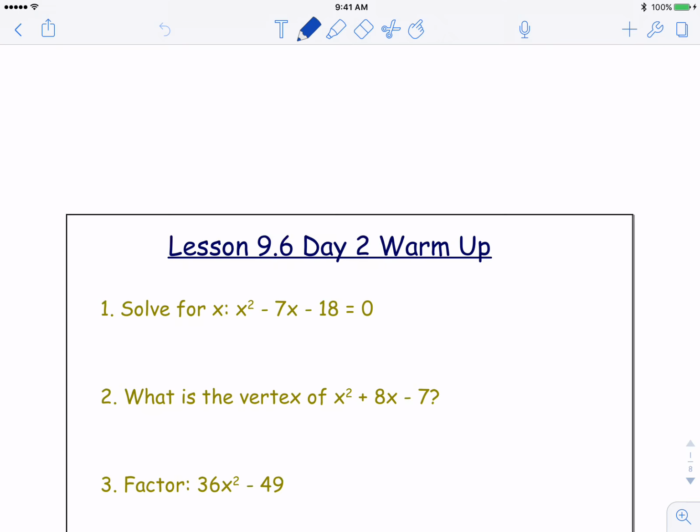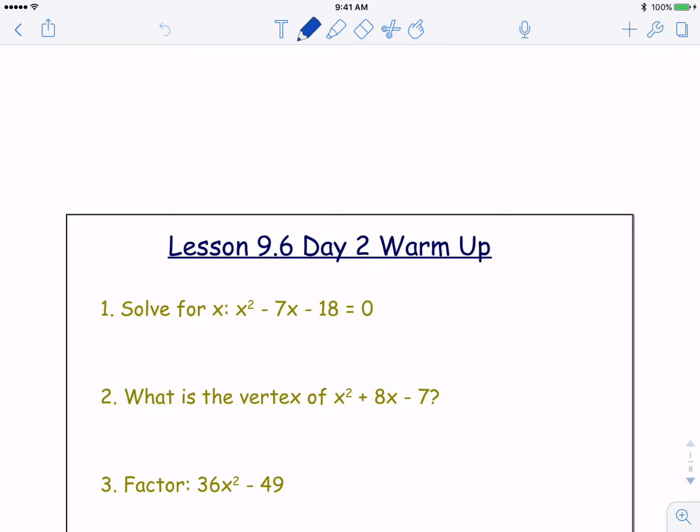We're going to start with a quick review on quadratic functions before we get started into some new concepts. Number one review problem says solve for x. Remember, we have a couple options to solve for a quadratic function. We could graph that function and find where the parabola crosses the x-axis, because remember, solutions, roots, x-intercepts, they all